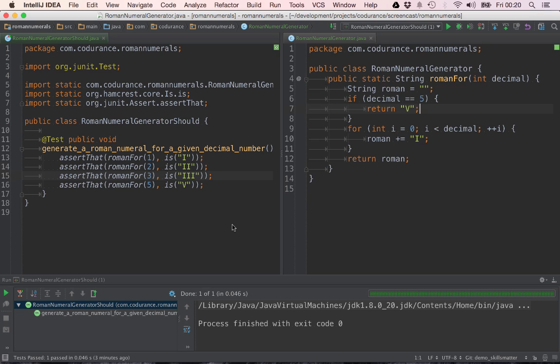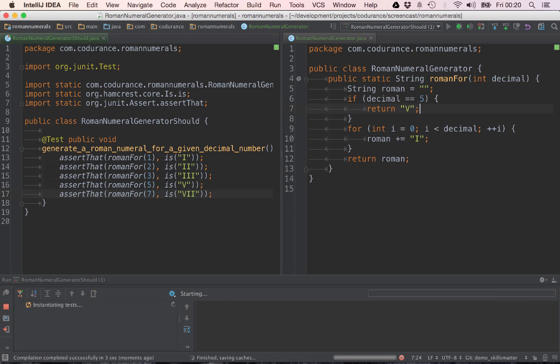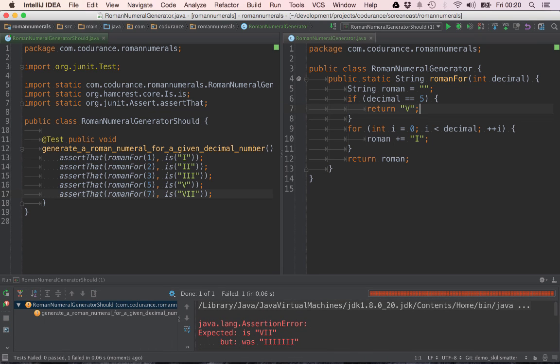Now that I have I's and V's, I want to combine the two letters, I and V. So my next test, because I'm not done with them yet, I want it to be, for example, 7, where I take 5 and add two I's to it. So if I run, what I could do here is,